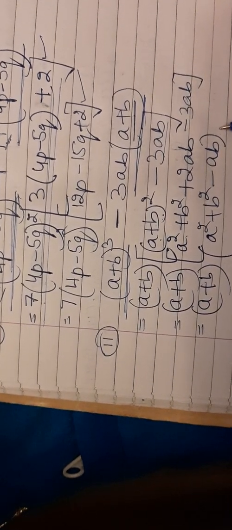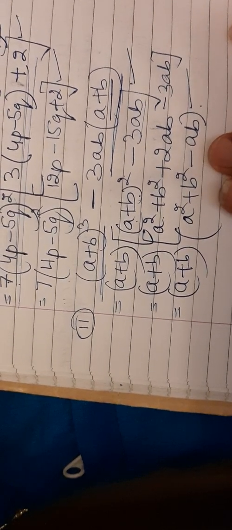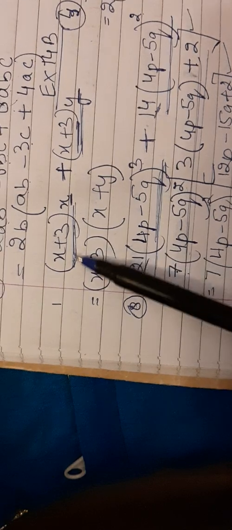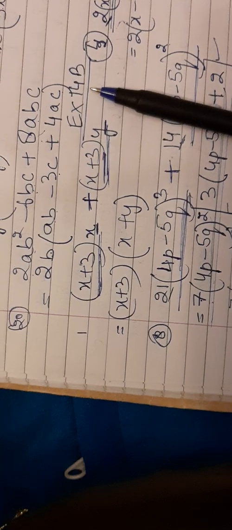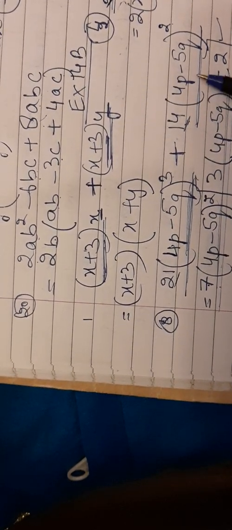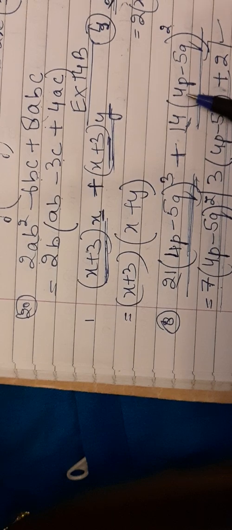Now you can see at the back what answer is given to you, whether it is given as this or whether it is given as this. Do like that. So this finishes your exercise 14b also. I have done 1, 2, 3, 4 questions in your exercise 14b also. So today your homework is to do exercise 14a and 14b also, and tomorrow I'll take up the problems.